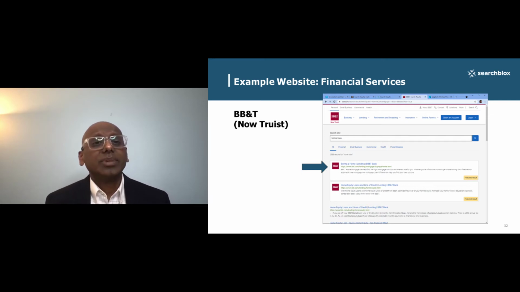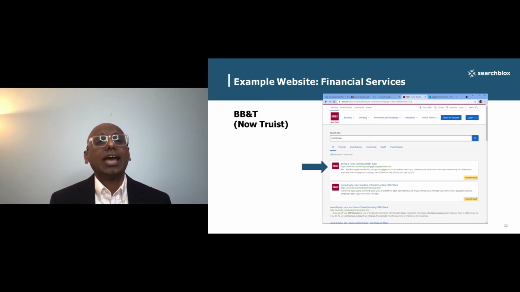The next example I'd like to share is bbnt.com, and shortly they're going to be truist.com. And you'll notice as you start looking for products or services or help information, they will have tagged information called featured results at the top. This is essentially done by pegging specific search queries to specific pages or content or products, where somebody is looking for something and they'd like to direct them directly to the page or product or support information that they're